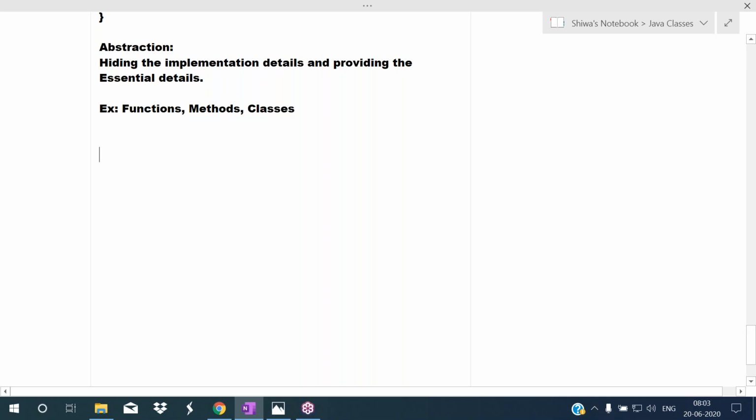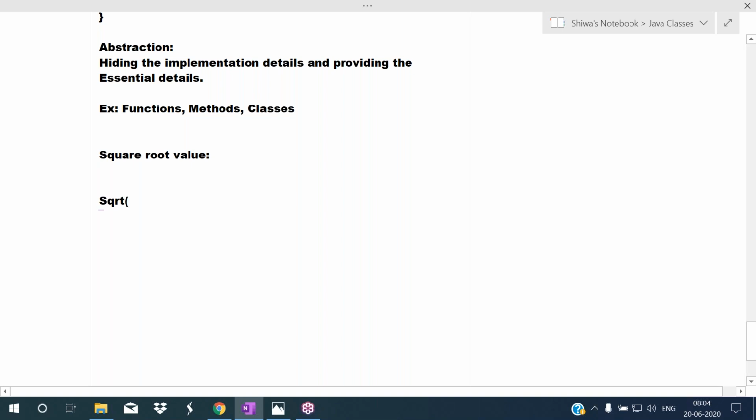Listen carefully. I want to find a square root value. I don't know what the logic of square root is. I'm not from a mathematical background. For example, assume that I want to find a square root value, but I don't know the logic. Which logic do I have to write to find the square root? But in the C language, to find the square root value, it provides one ready-made, predefined function to us.